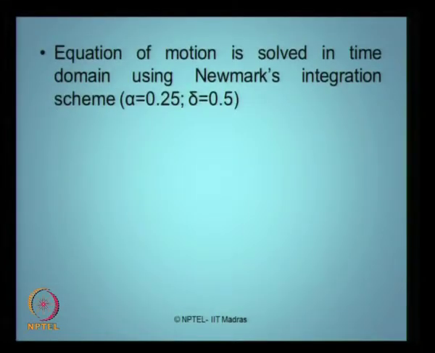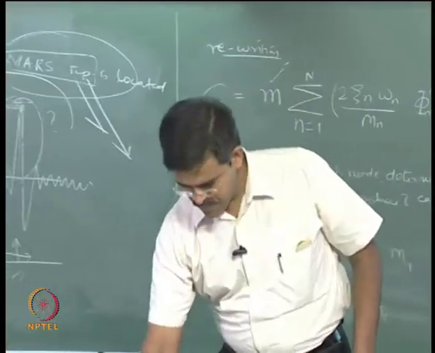So the equation of motion is solved in Newmark's integration scheme with alpha 0.25 and delta 0.5. I have a detailed explanation for Newmark's beta scheme, which we will discuss in tomorrow's lecture. We will work out an example and show how this can be done, but let us believe here that I know how to use a Newmark's beta integration scheme. So going ahead,